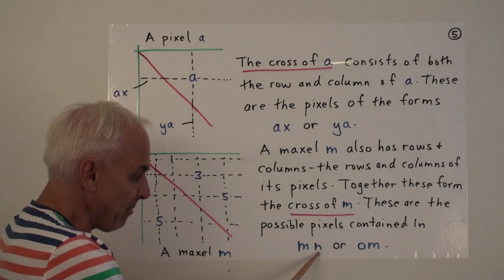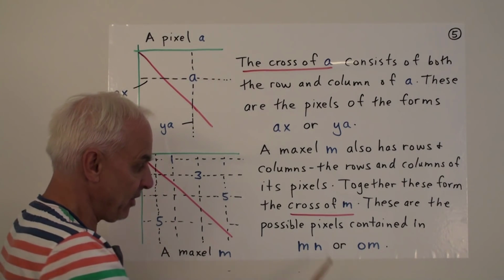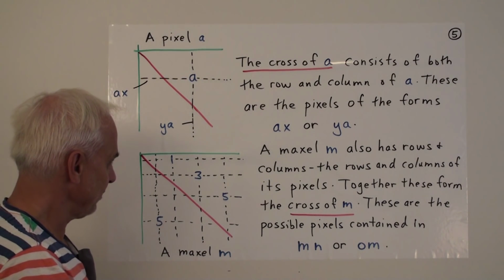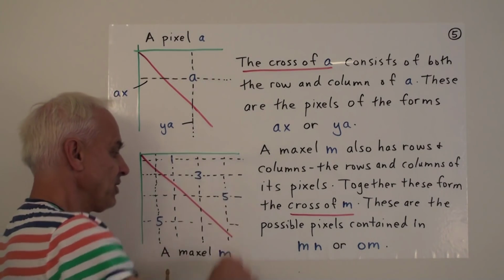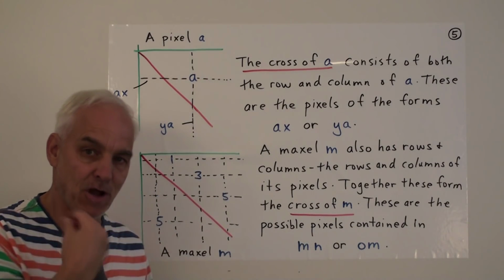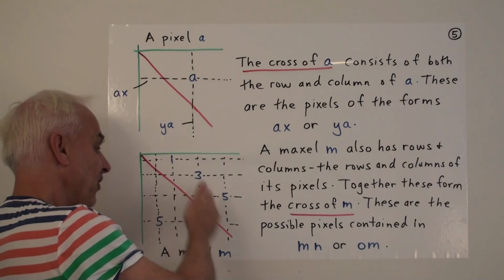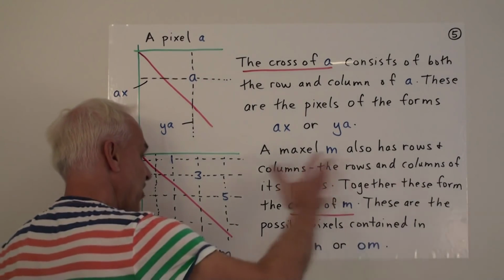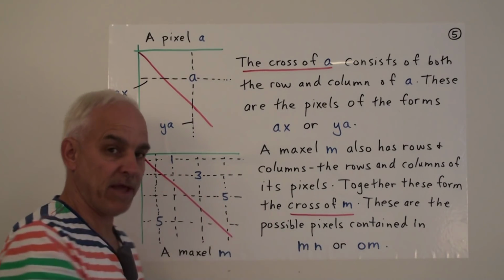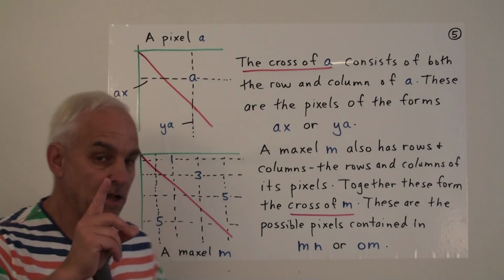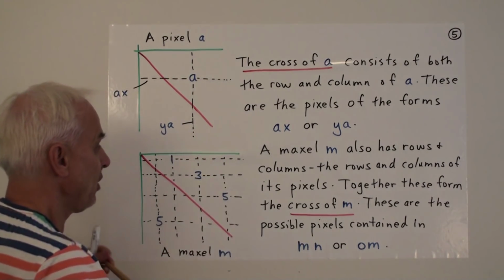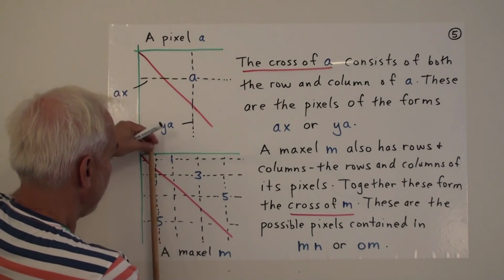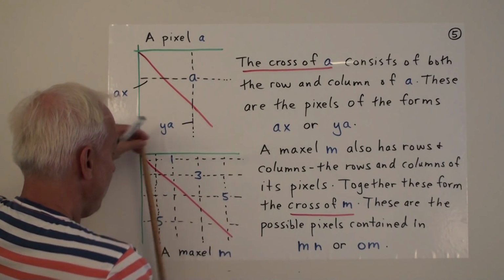Now if we multiply by a maxil rather than a single pixel, either on the right or the left, well, the story is just a multi-set version of that. Instead of getting one pixel on one of these rows, we're getting a whole bunch of pixels, but still on these rows, or still on the columns if we're multiplying on this side. So you take this maxil M and you multiply it by any other maxil, doesn't matter how big or complicated it is, the result has to be another maxil whose support is contained in this cross, consisting of these rows and these columns.